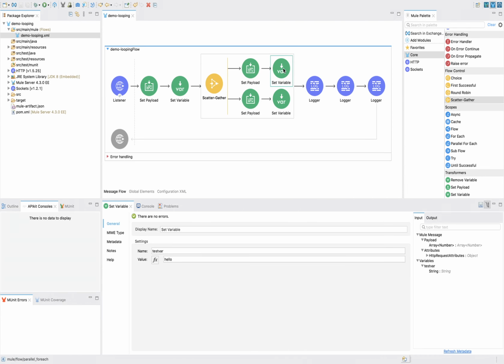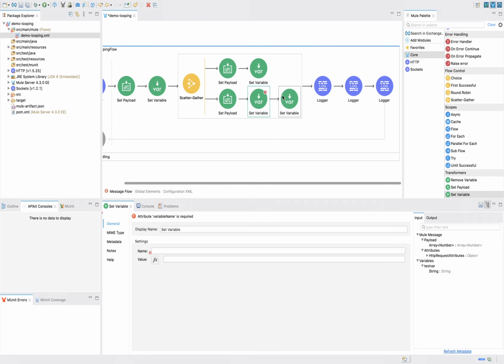So here is the scenario. This variable test, I am modifying here also. Let me put hello 1 and hello 2.